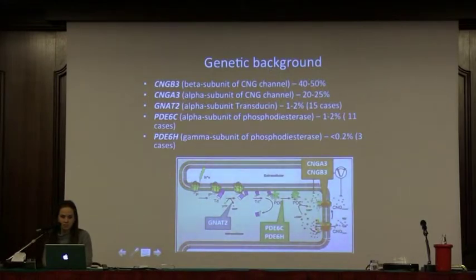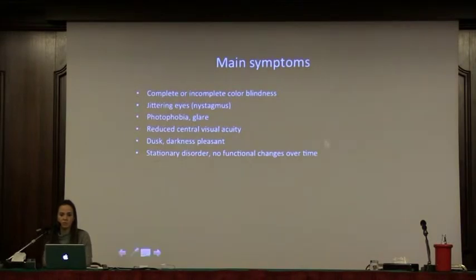All of these genetic problems occur in the visual cycle in the cone photoreceptors, so if they are not working, we usually have similar symptoms which you as patients are aware of. These are what also describes the disease as total or incomplete color blindness, but I think most importantly the photophobia, the jittering eyes, so the nystagmus, and the reduced central visual acuity is what is really disturbing, because this glare which the patients